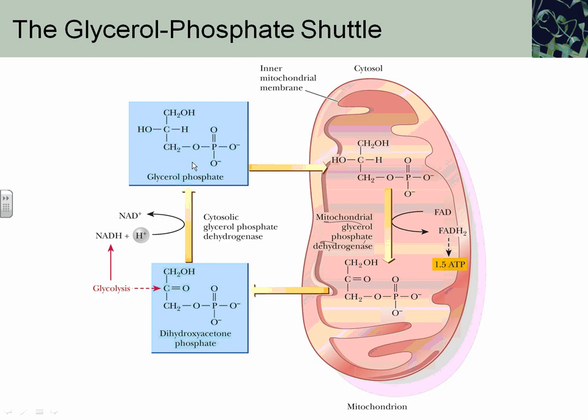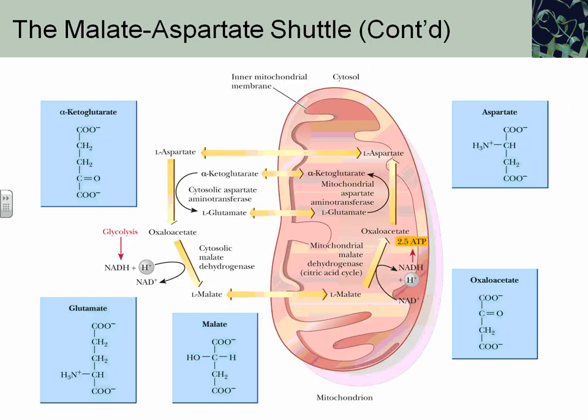Glycerol phosphate has the ability to move now into the mitochondria. In the mitochondria, glycerol phosphate can be converted back into dihydroxyacetone phosphate. The mitochondrial glycerol phosphate dehydrogenase enzyme is a little bit less efficient, so when we do the reverse reaction in the mitochondria, we only get an FADH2. This is going to overall decrease our energy yield from a total of 32 ATP to 30 ATP. To get the 32 ATPs per glucose molecule, we have to use